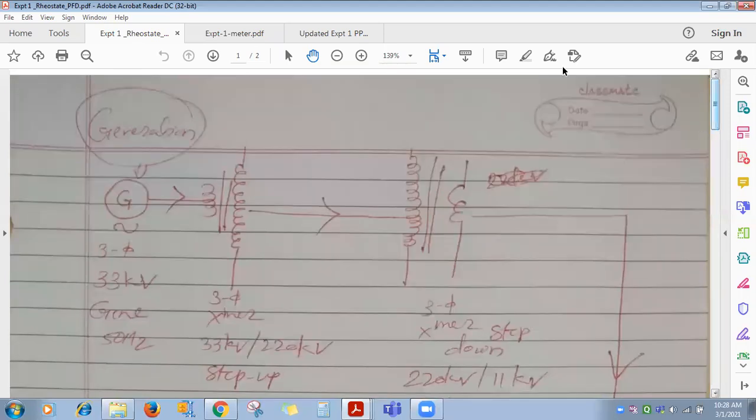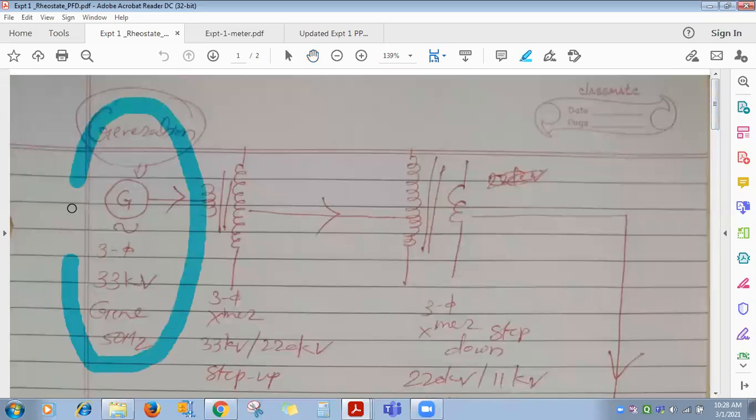Okay, so see here, which one instrument do we use for the generation of electricity? What is used for the generation of electricity? Is electricity naturally available, free? Which one instrument is used for generation of electricity? Generator, right? Very good. So generator, it is used for the generation of electricity.